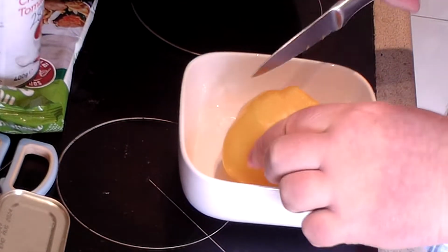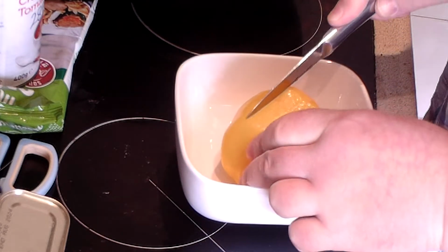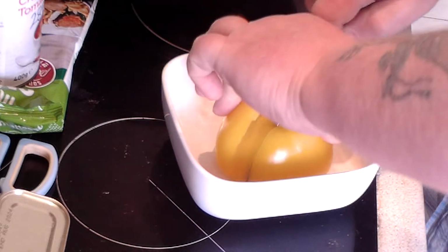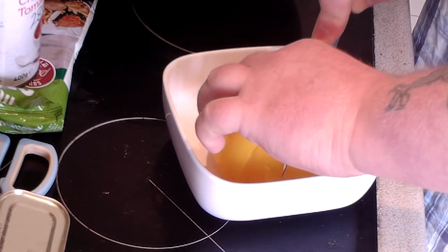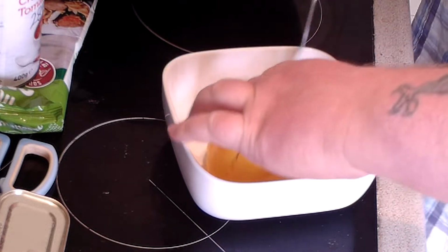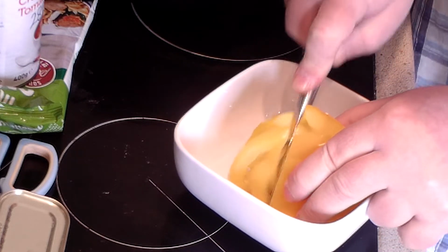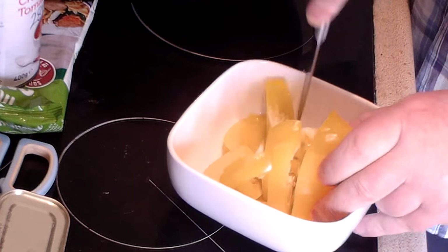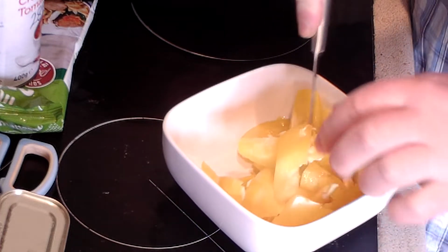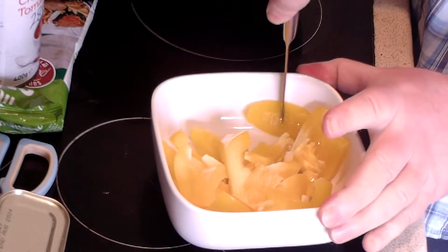Before I start cooking the chicken and the bacon, I've got a pepper, which I've taken the insides out, most of the seeds anyway. I'm going to slice this. There we go. And then cut it the other way. These are fairly chunky sized bits. I could go a little bit smaller on some of them,